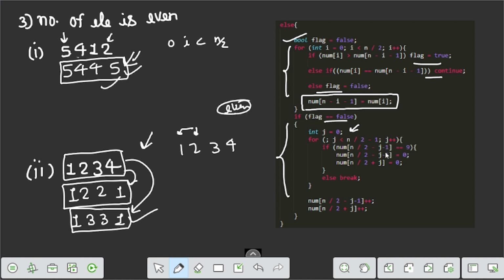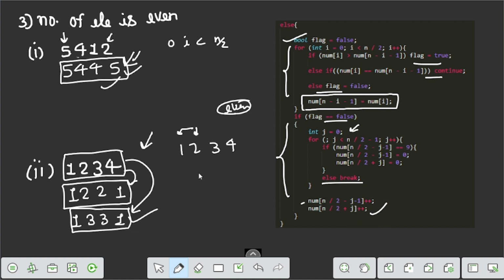So this small change is the minus 1. If a 9 is encountered, we simply put the next element, which is 0. If a 9 is not encountered, we simply break. After this we increment the value of n by 2 minus j minus 1, plus plus, and n by 2 plus j, plus plus.